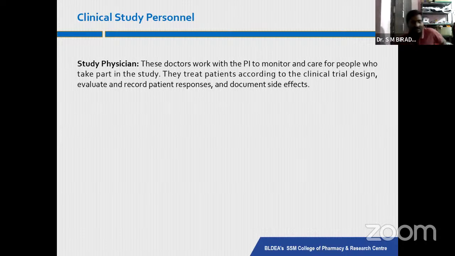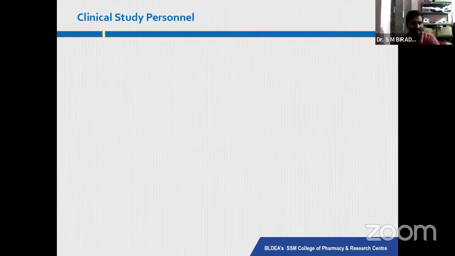We were discussing the intervention study in the first session. So here the physician does some interventions. They give some drugs or introduce some risk factor to the patient, and they see what the effect of this risk factor is on the patient, or what the effect of the injected drug is on the patient's physiology. So they check. That's why the physician is very important here. And they evaluate, record, and document the patient's responses. This is the main responsibility of the study physician.